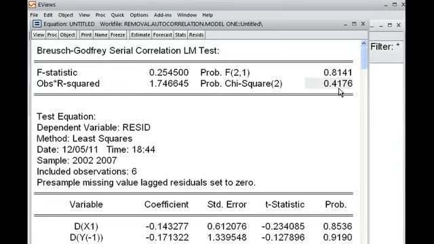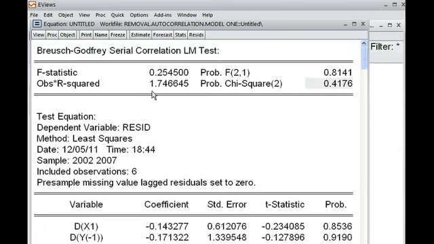41.76% means more than 5%, so we cannot reject the null hypothesis. And what is our null hypothesis? The null hypothesis is that our model does not have any serial correlation. So now you can see that after the first difference method, the serial correlation has been eliminated from this model.